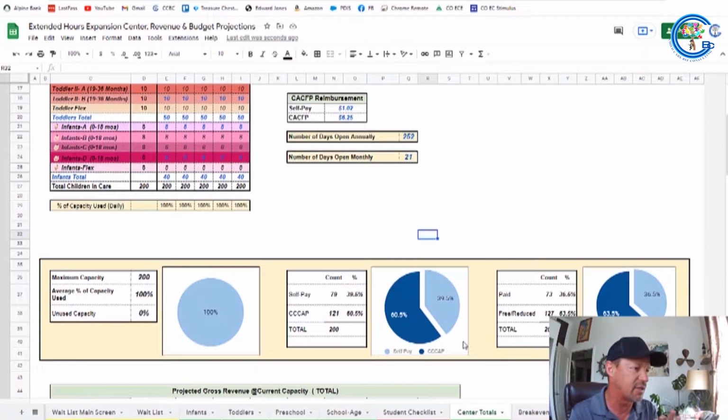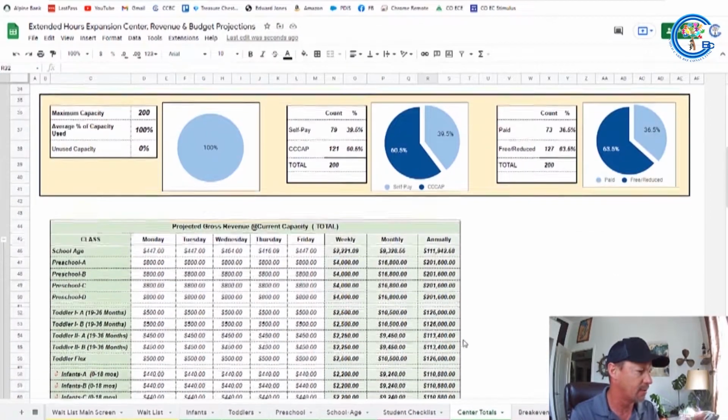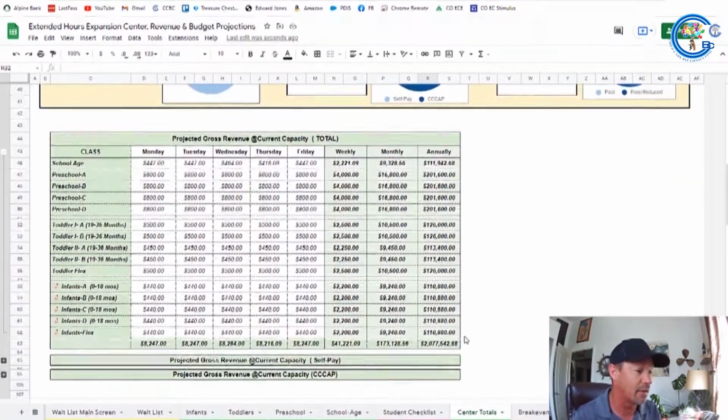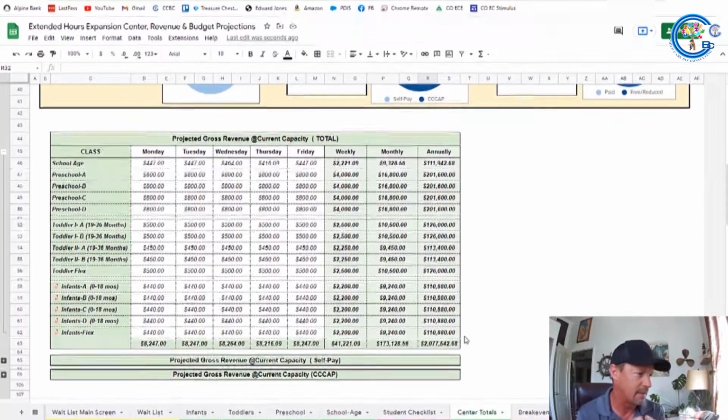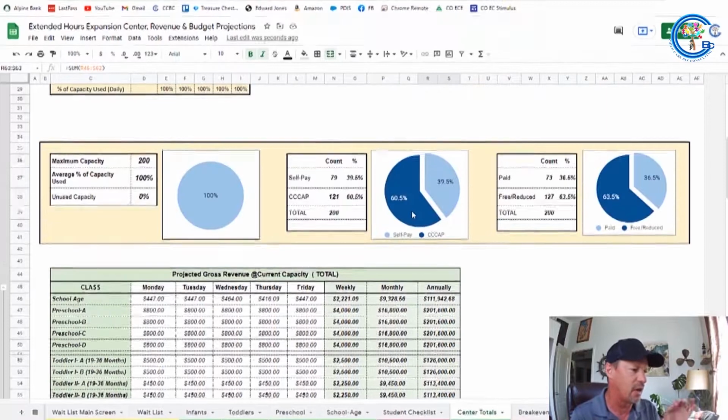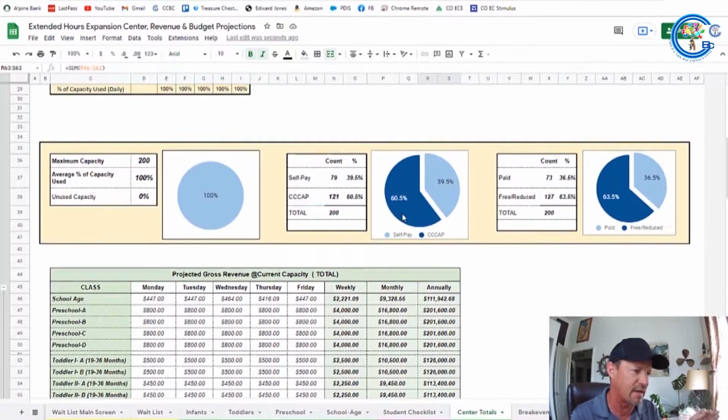What happens now? I'm still at 100% enrollment. Let me scroll down here, and now this is your projected gross revenue at your current capacity. I'll go deeper in a different video, but I want you to understand you can manipulate your free and reduced, your self-pay and CCAP, and that's how you do it. At current capacity, which is taking into account that 60% is child care assistance and 40 or 39.5% is self-pay,